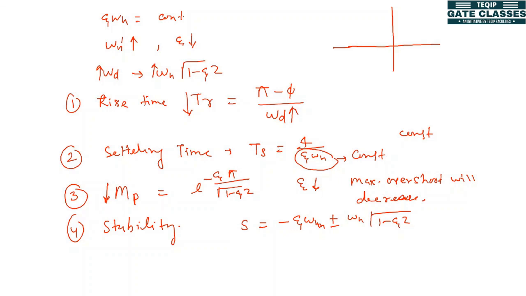Since the real part is constant, we are not changing the real part, because if we incorporate the proportional controller, zeta omega n is not changing. So stability depends on the location of your poles. If the real part is not changing, stability will not be affected. If the poles move to the left side from the origin, stability is increasing. And if the poles move toward the origin, towards the imaginary axis, then you can say your stability will decrease. So here stability will not be affected. Stability will be constant. Okay, this is for this lecture.